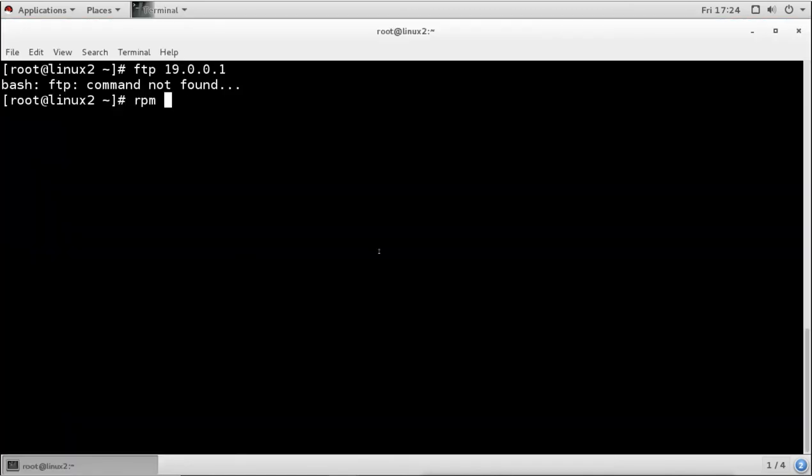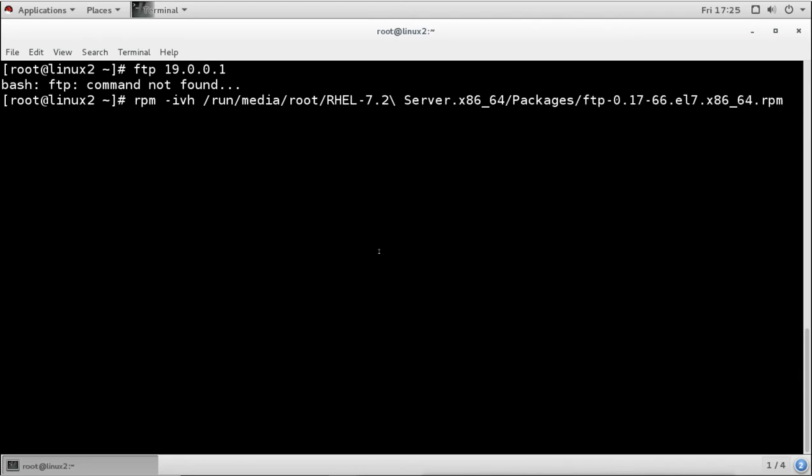We can run the command rpm -ivh, and the media is mounted under run. And the package name is also FTP. This FTP package will give us this command line client tool, so that we can access the FTP server through the command line.